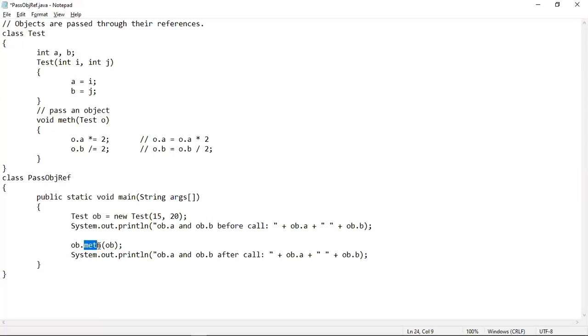After the method is called using the object ob, and by passing the ob object as parameter, you can see that the values of a and b got changed. They have now become 30 and 10. So whenever you call ob.a and ob.b here, they will give you 30 and 10, but not 15 and 20.